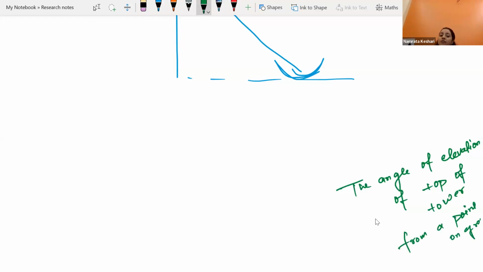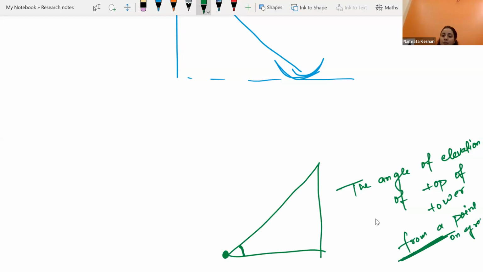From where? Angle of elevation from a point on the ground. The angle of elevation of the top of the tower. So this is how we used to represent the angle of elevation, right? This is the point. From the point, angle of elevation, right? Yes, ma'am. You see from the point, here also this